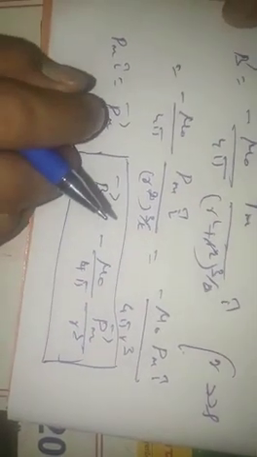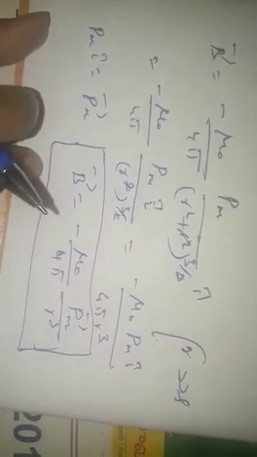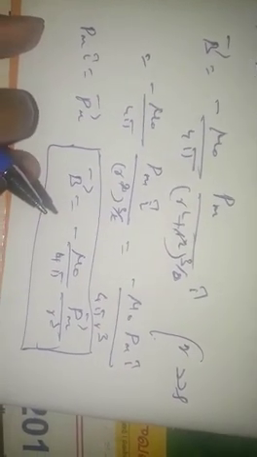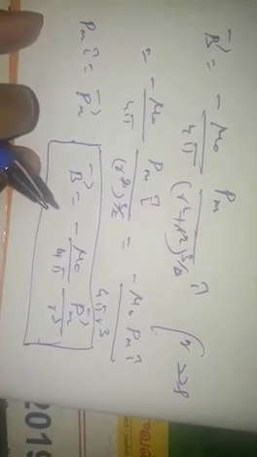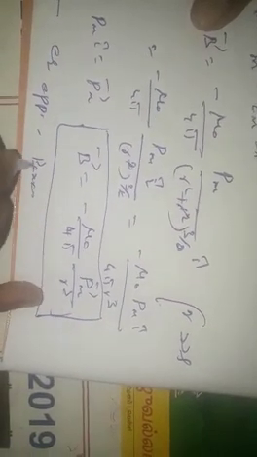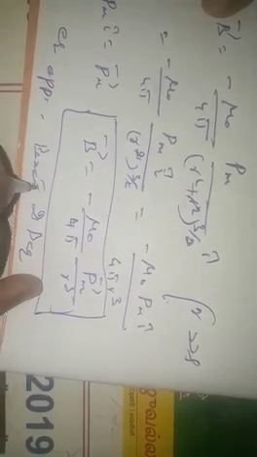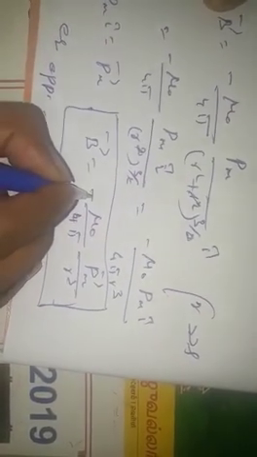This is the magnetic field at an equatorial point due to the magnetic dipole. So the magnitude of the axial magnetic field is twice the magnitude of the magnetic field at the equatorial point, and also the direction will be opposite. Axial direction and equatorial direction both will be opposite. And also axial magnetic field is twice the equatorial magnetic field, and they will be opposite to each other. Here this minus sign indicates it is opposite to the direction of the axial line. That's all.